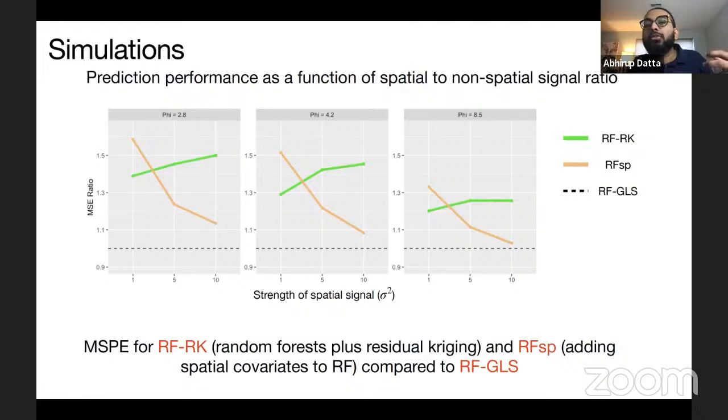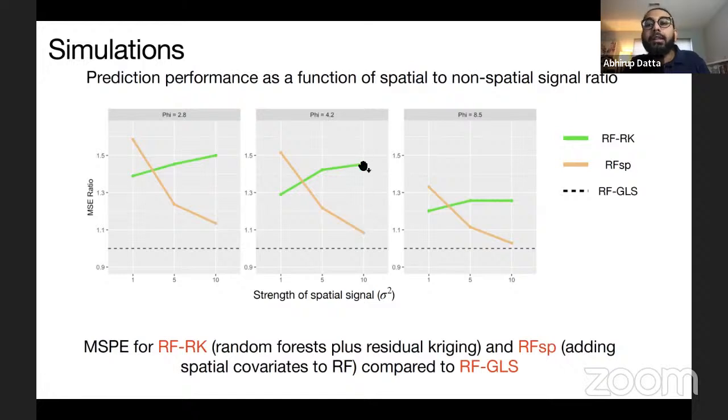And it drowns out the true covariates, which are the non-spatial X's, because random forest randomly selects a subset of the covariates, so it will tend to select the spatial covariates more and more. So basically, if you use RFSP with a large number of basis functions, it's going to perform very poorly. The RFRK does well here because there is not too much spatial signal in the data, so ignoring it is not that bad. But on the other hand, when there is a lot of spatial signal in the data, the RFSP does really well because it is using a bunch of basis functions and they are useful in this case.